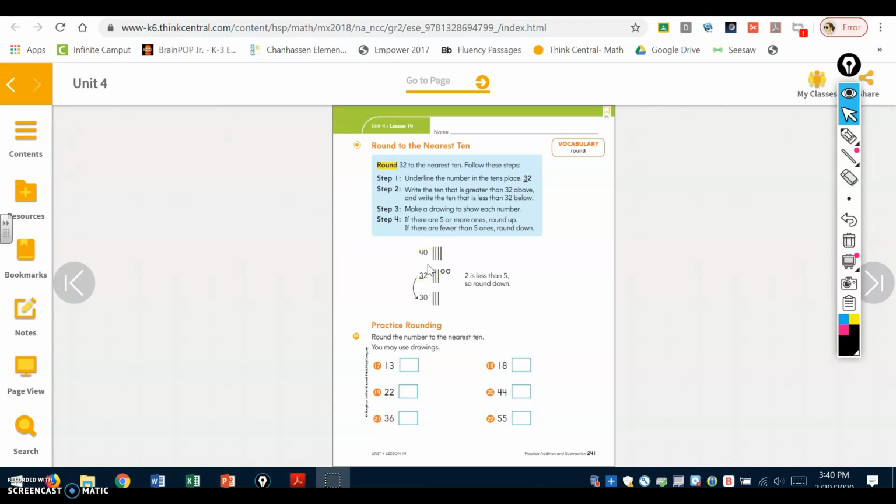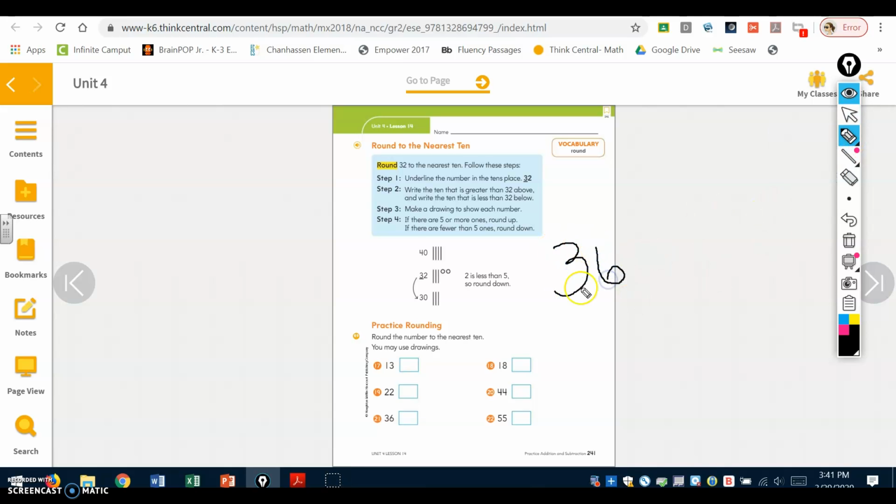There are 4 tens. And then write a 10 that is less than 32. So that would be 30. So we know we are either rounding to 40 or 30. But once we look at the ones cup, because we're rounding to the nearest 10, since it's a 2, any numbers that end in 0, 1, 2, 3, or 4, we're going to round down to the next 10, which would be 30. If I had the number